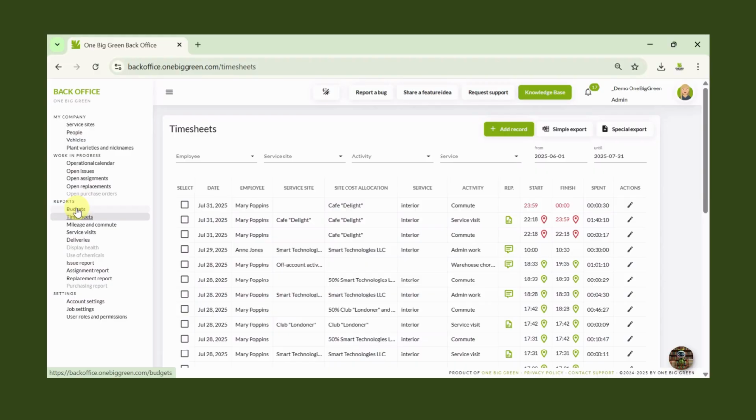This could be to double-check that everything has been logged correctly, or to use the data for payroll or other compensation processes. To support this, we provide two types of export: a simple export and a special export. The simple export does exactly what its name suggests. It allows you to pull all the records that match your filters. For example, you can select a specific team member and a date range, click Simple Export, and receive a file